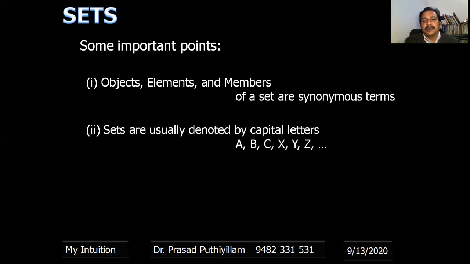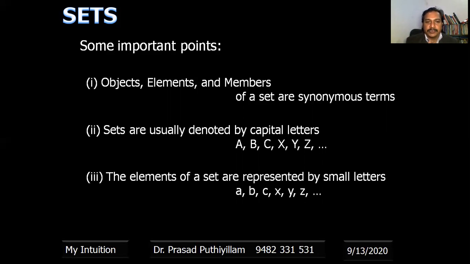Sets are usually denoted with a capital letter, such as A, B, C, X, Y, Z, or any capital letter of the English alphabet. We can say set A, or set B, or set D. Capital letters are used to represent a set, which is a group, and its name is given as A or B or D or Y. The elements, members or objects present in the set can be represented by small letters such as a, b, c, x, y.